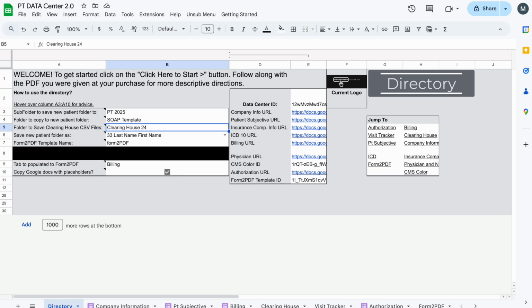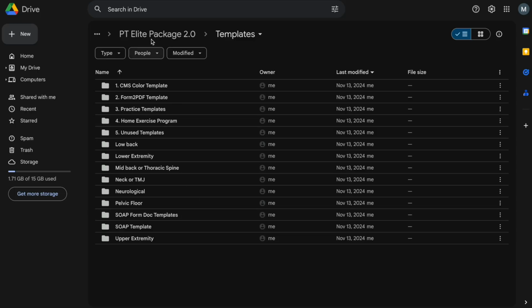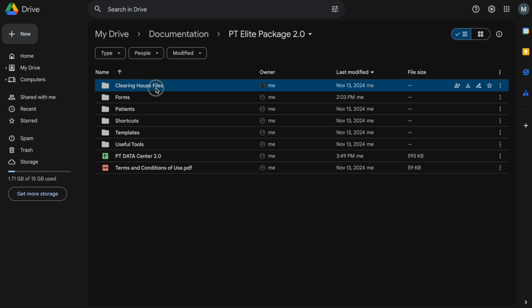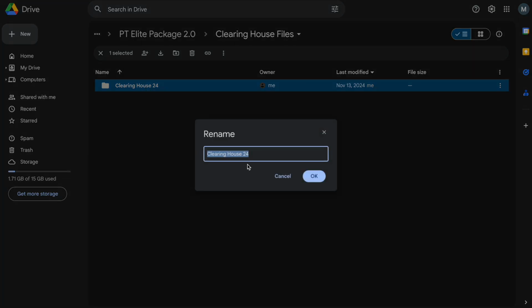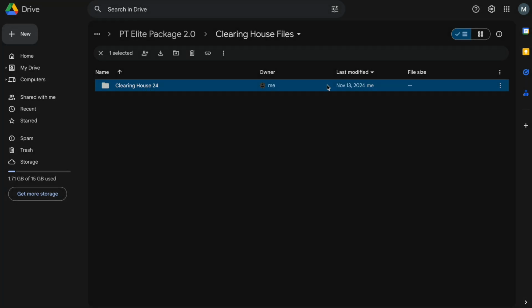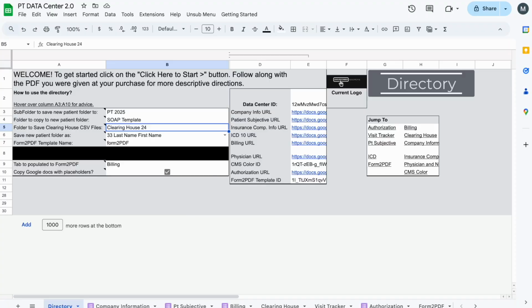You update this cell annually by creating a new folder, for example CH24, and entering its name into B5 to ensure new files are saved correctly. Make sure that when you do this, the new folder that you have created matches exactly. So you can see here, Clearinghouse 2024 is the file that we have. I want to click Rename, Control-C, press OK, and then come back to the data center and replace that into